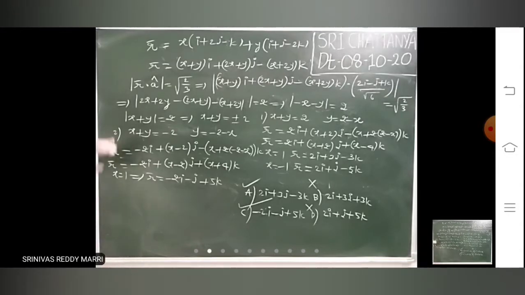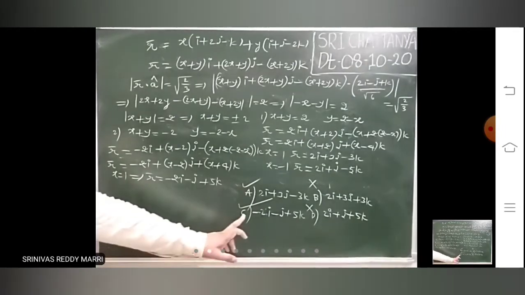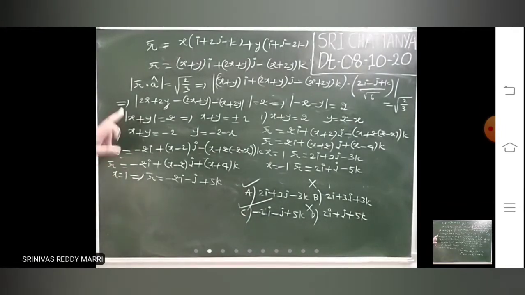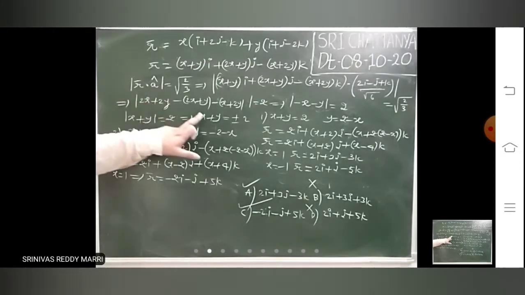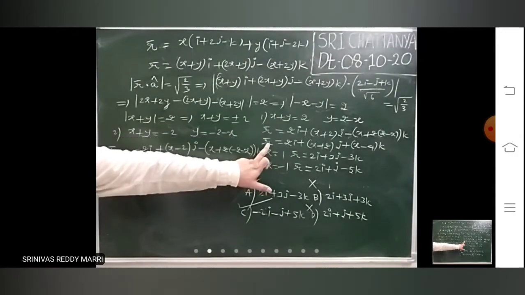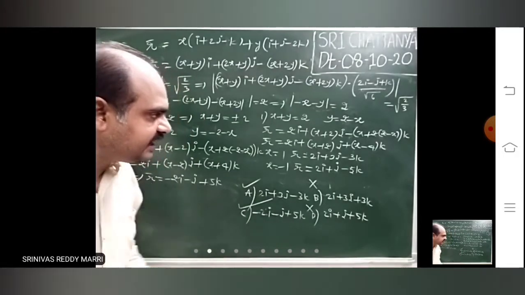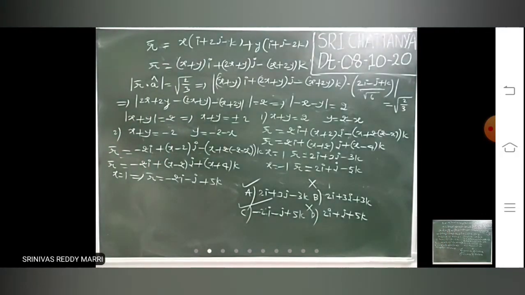Whenever you are writing projection, you must take care. Modulus must be written. If you have not written modulus, you will get only one vector. Then you will miss this one. Projection means always write modulus. You got two conditions. According to two conditions, one condition you take and r bar you write in terms of a single variable and check the answers where they are. This is a very, very important problem. Multiple answers, in multiple answer you will get these type of models.